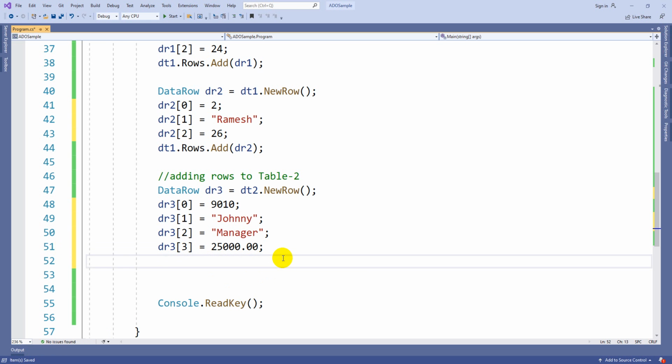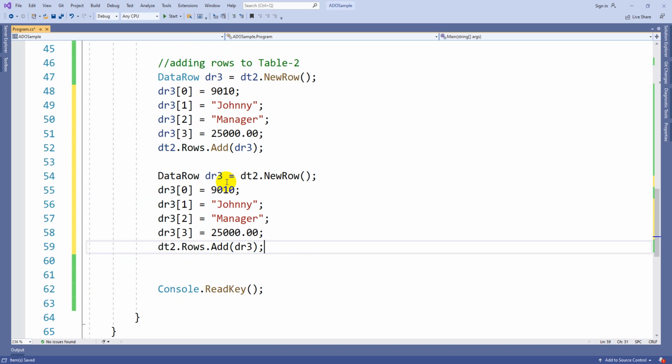Now add this to data table 2, dt2.Rows.Add of dr3. Like the same, we can add one more row to the same one. So let's make it dr4, and this is also 4.